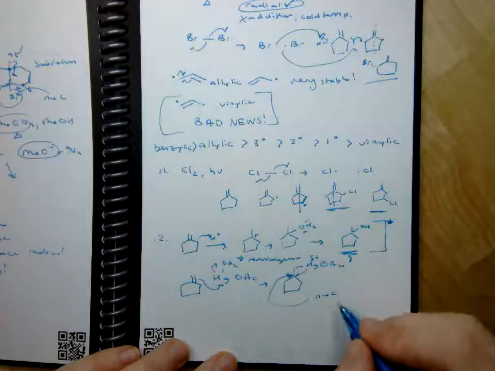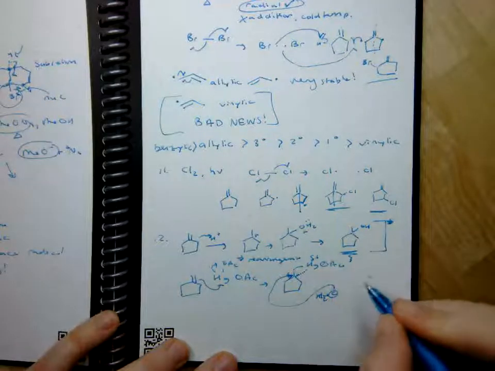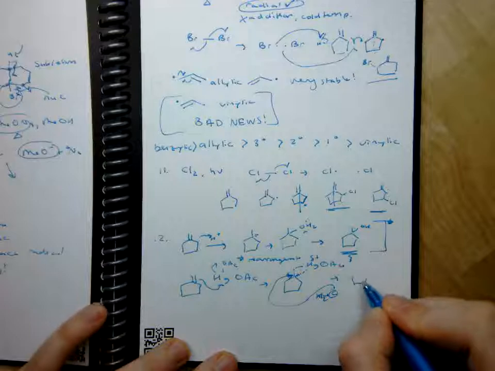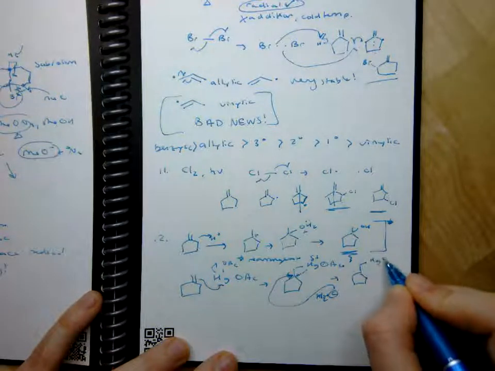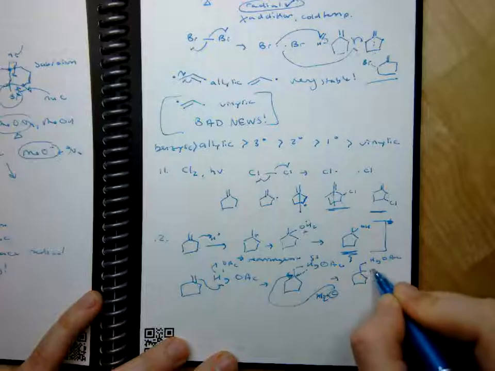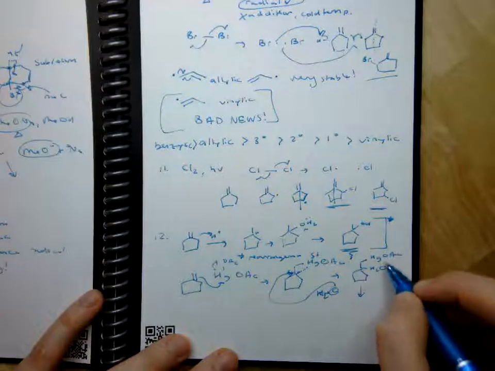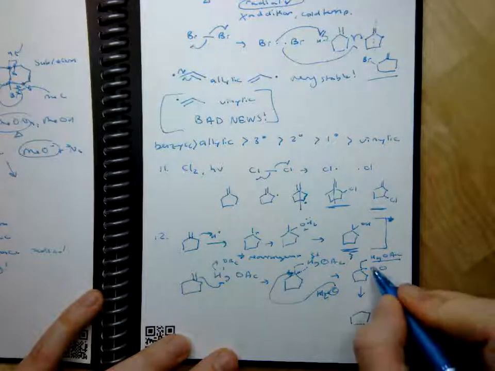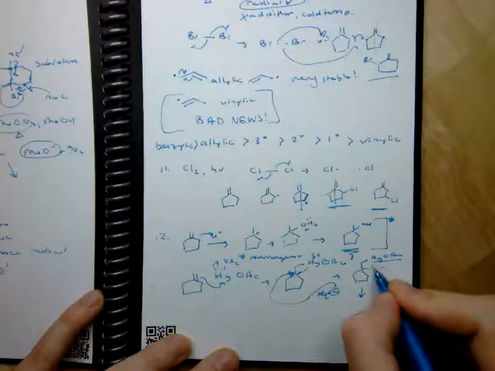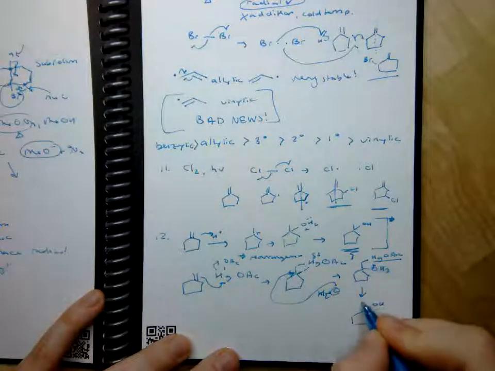And for oxymercuration-demercuration, that nucleophile is water. So the water will come in and attack right there. And your initial step would be the addition of HgOAc here and water over here, and that would add anti. But the next step that reduces the HgOAc to hydrogen actually goes through this part. Like this is OH2 plus, and it gets deprotonated to OH